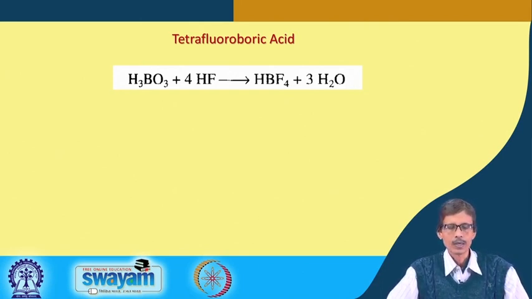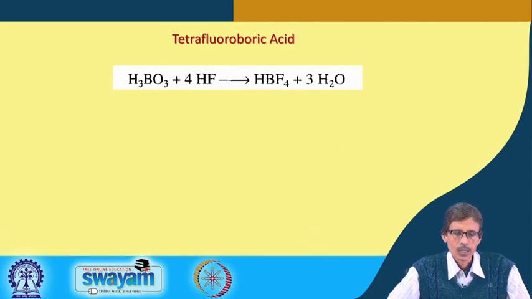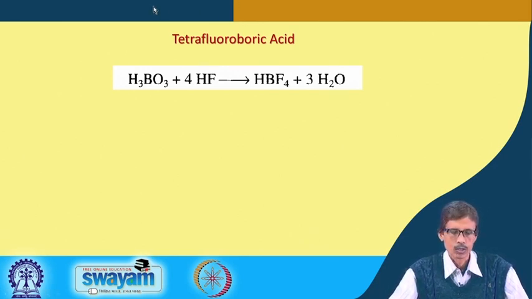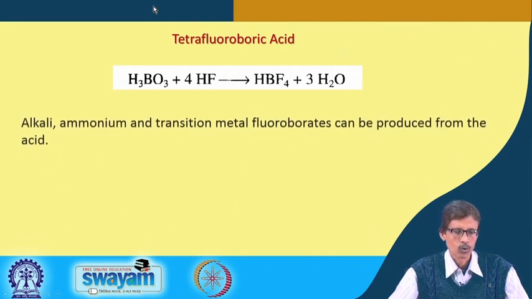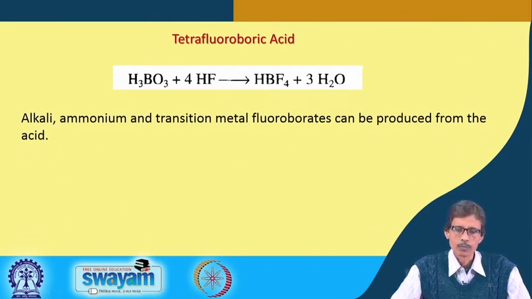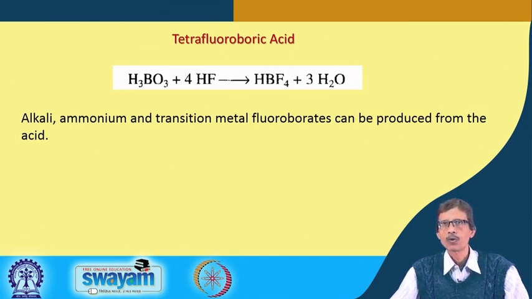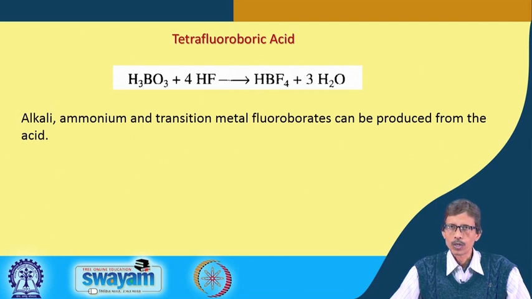with hydrofluoric acid. Now, you have 4 molecules of HF reacting with the boric acid, giving you the free acid, because that free acid can immediately be converted to its corresponding salt, the sodium salt, which is sodium tetrafluoroborate, because this particular thing is the acid. If you react HBF4 with sodium hydroxide or any other sodium salt, it can be sodium bicarbonate also, giving you the corresponding NaBF4, which is sodium tetrafluoroborate,